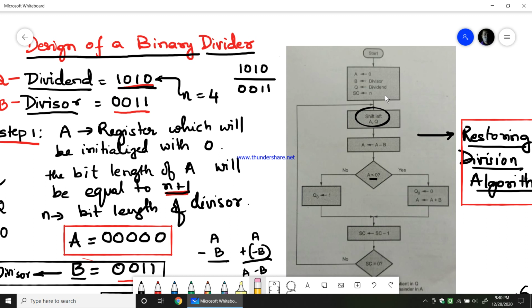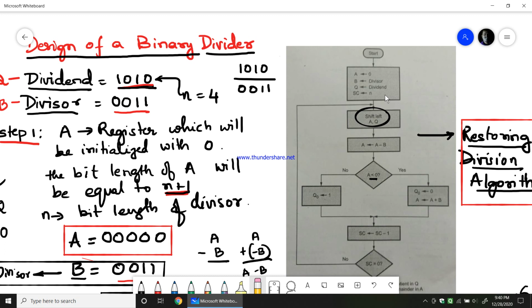If you rewind my video, you will see how shifting has happened in the problem. Then we subtract B from that shifted value of A, and we check whether A after subtraction is a positive or negative binary value. With a binary number, we normally go by the MSB bit. If the MSB bit is 1, we say the number is negative, and if the MSB bit is 0, we say the number is positive. So if the number is negative, we set Q naught equal to 0, and